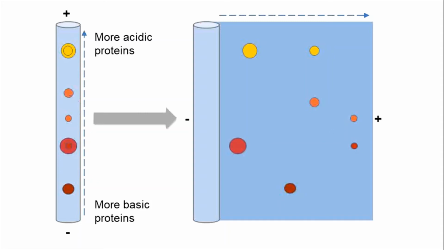Likewise here, this is the larger molecule than this one, so it migrates slower than the small molecules. Okay, so we can easily separate and identify it based on molecular weight. This is the direction of migration of SDS. Okay, this is the direction of migration of IEF.